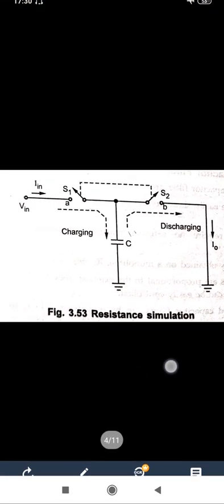According to this resistance simulation, we have taken the different input and output current waveforms of the switch capacitor filter, where the switches S1 and S2 are turned on and off one by one. First, I take the example of the switching waveforms of switch S1 closed and open. Next, the switch S2, open and closed, gives different waveforms. According to this, we have the charging and discharging currents I in and I naught, depending on the switching positions of S1 and S2, and accordingly we define the clock period, the T clock value.